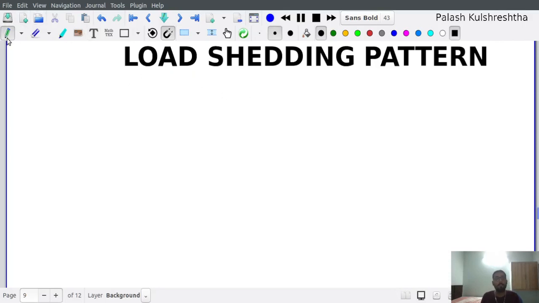Today we are going to discuss another system design pattern called the load shedding pattern. Now, the load shedding pattern is a very production-oriented pattern of system design. Rather, it is a pattern of system response where, for example, you have some service and let's consider it is